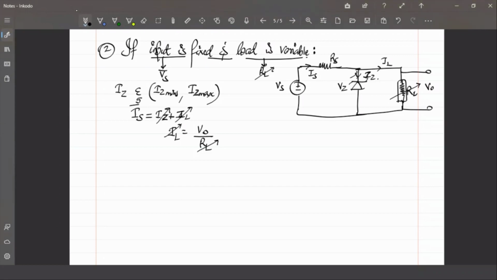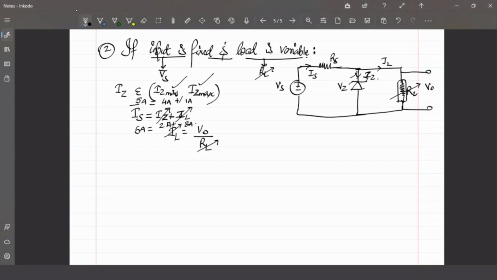That means let's say this is 5 ampere, and your load initially was 1 ampere. That means your Zener has to take 4 amperes. But if it is changed now, input is still equal to 5 amperes because input is fixed. Load, instead of 1 ampere, is now taking 3 amperes. In that particular case, the Zener has to take the remaining 2 amperes. So this range of fluctuation of this current should lie again within Iz minimum to Iz max. If that is the case, your device will still work as a voltage regulator and output voltage will be equal to Vz. I hope that is clear.